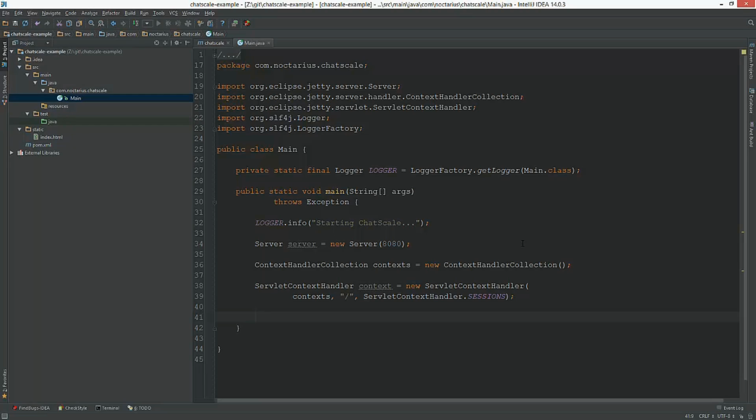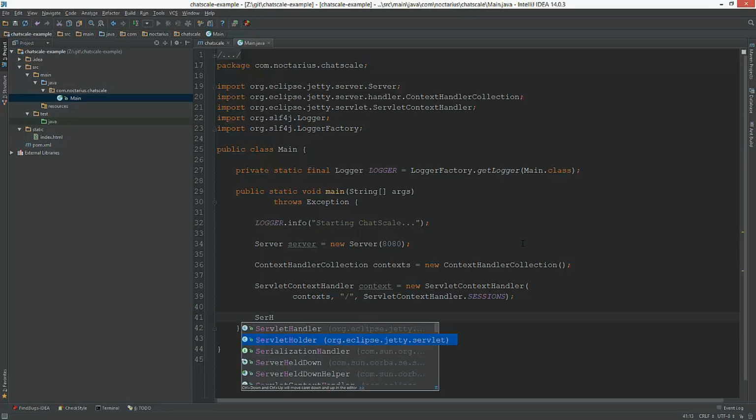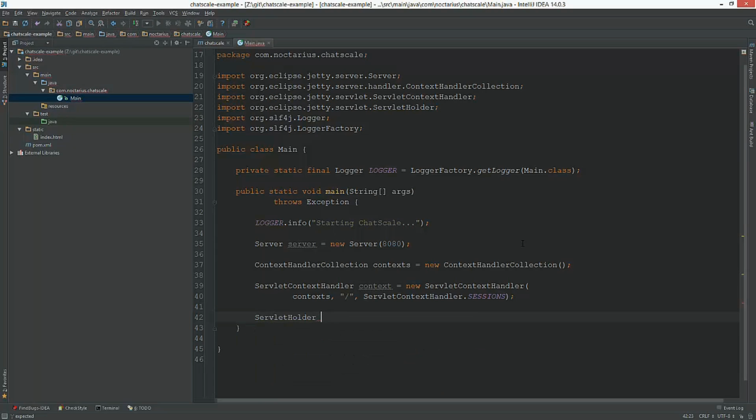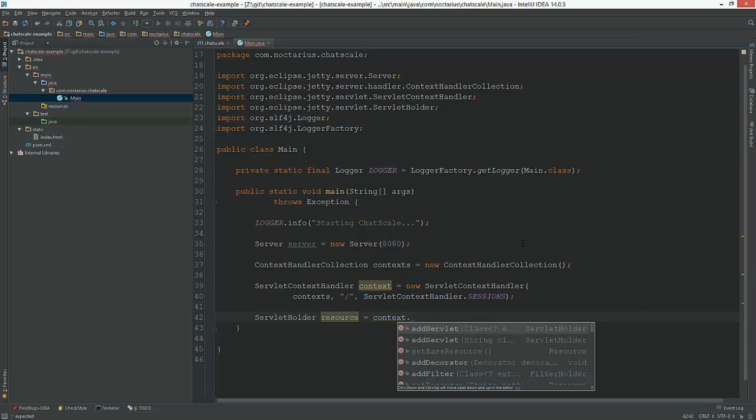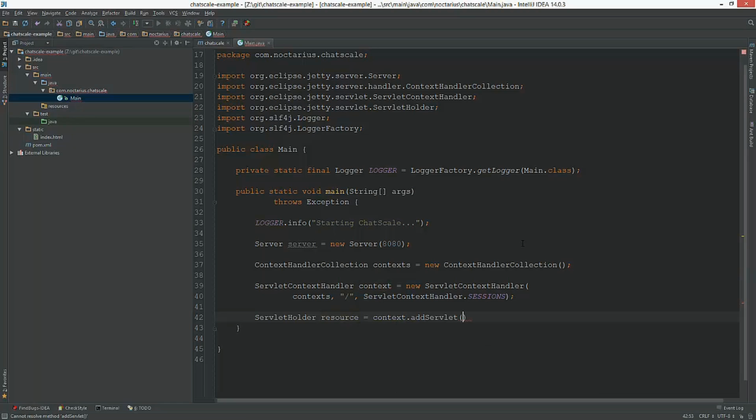Okay, and we want to have a servlet holder, which holds our servlet, which will just deliver the different resources.